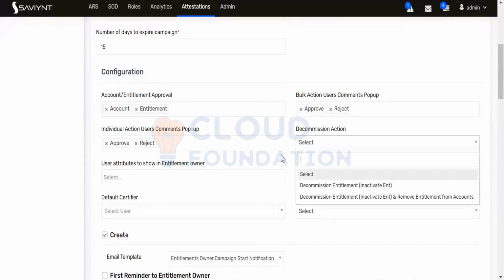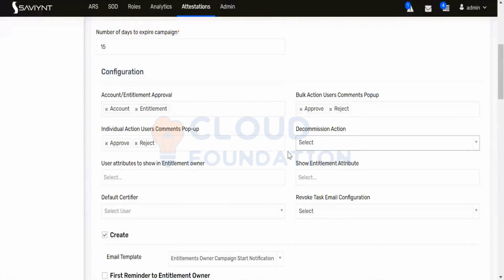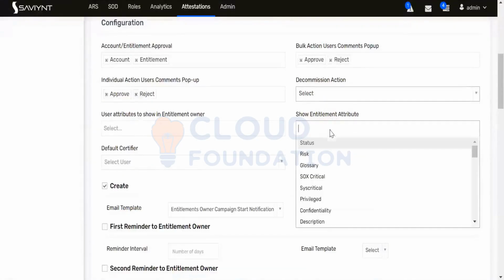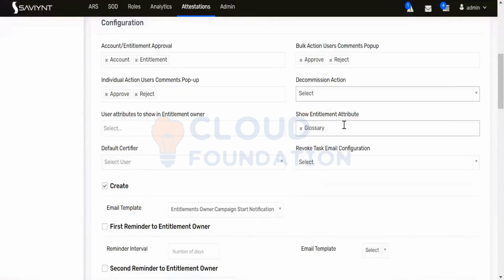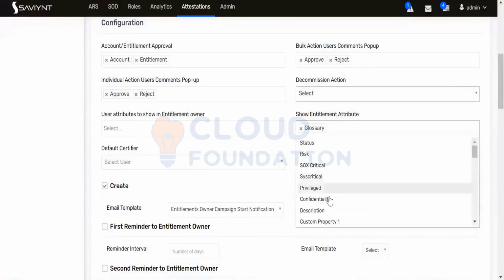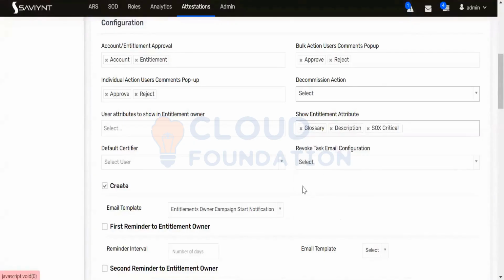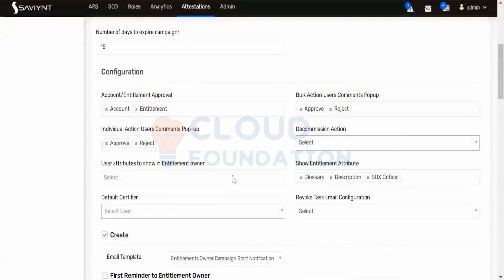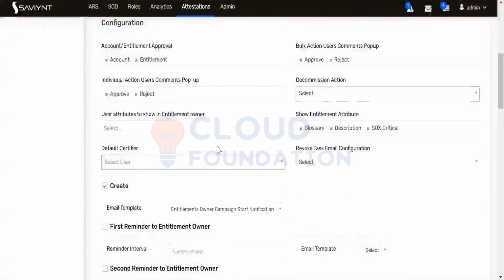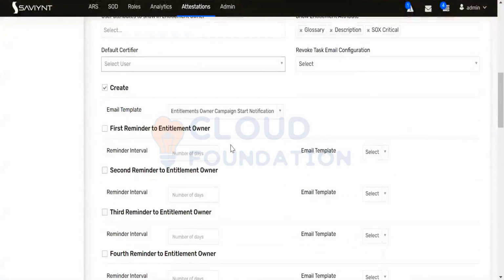Decommission action, it is not required. I'm not giving the entitlement, I can mention it here. Entitlement glossary should be there, and description. And critical, I mentioned these three are true for me. Default set, I'm not mentioning anything. This is the configuration I mentioned. After that,